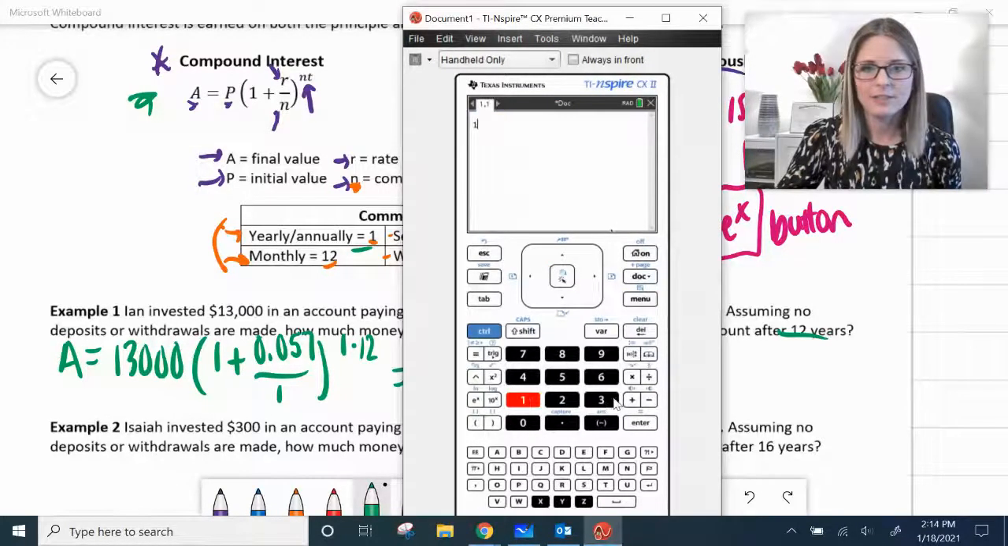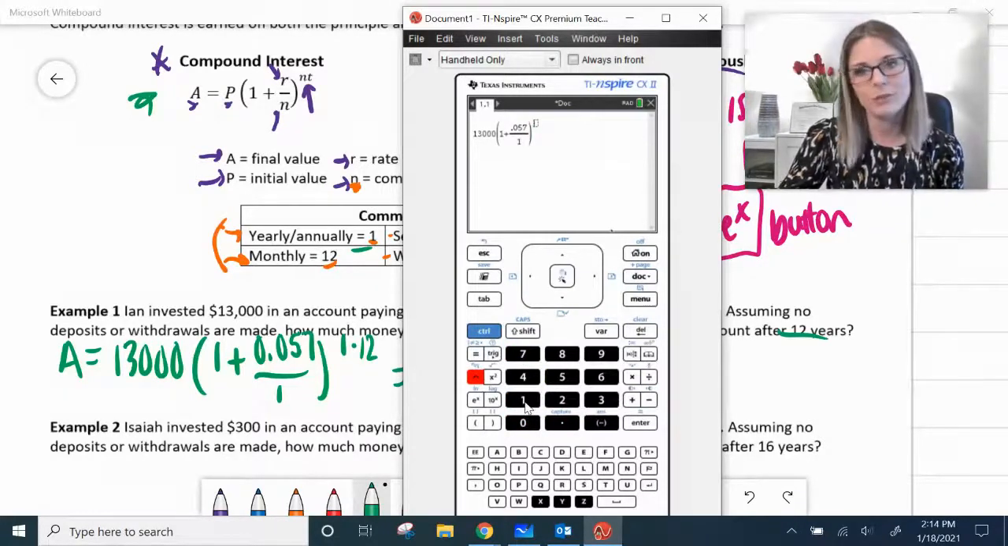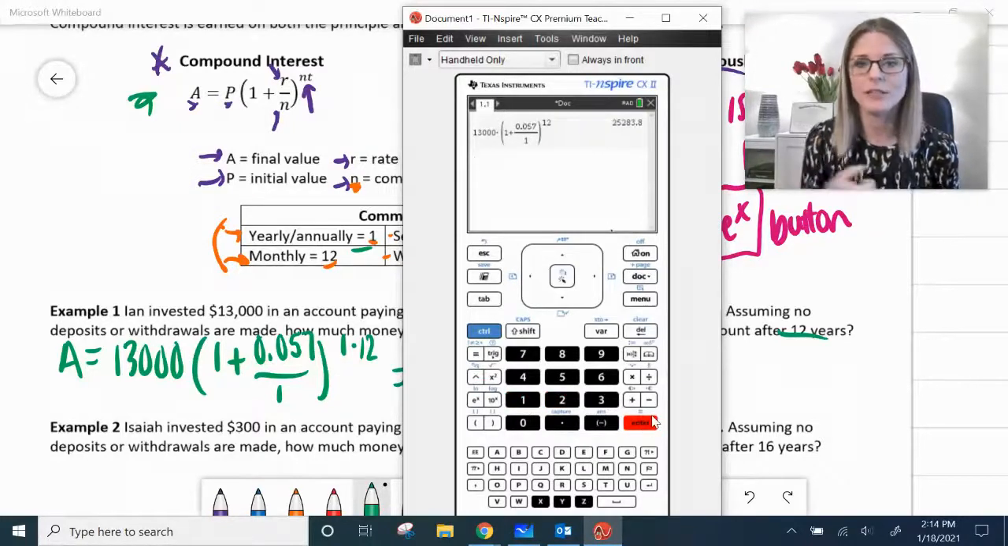Here we go. 13,000 times 1 plus, I'm going to give myself a fraction box. Control divide to give you that fraction box of 0.057 over 1. I really didn't need a fraction box now that I look at it. And then 1 times 12. You can put 1 times 12 if you want. I'm going to go ahead and put 12. All right, so we got